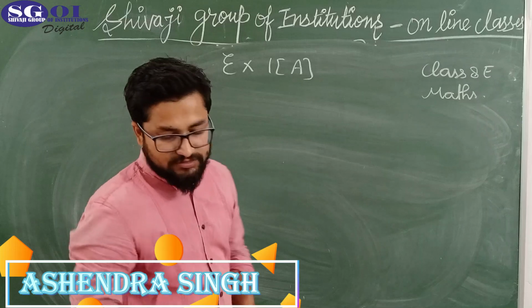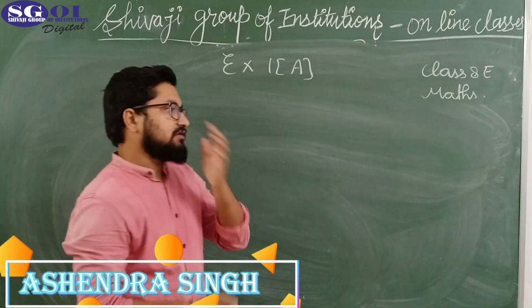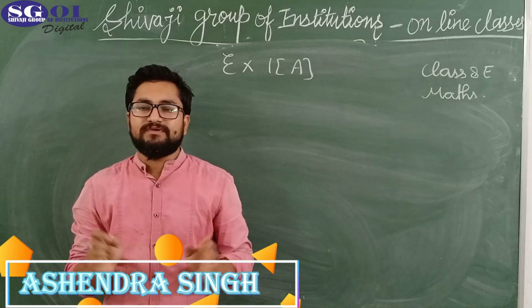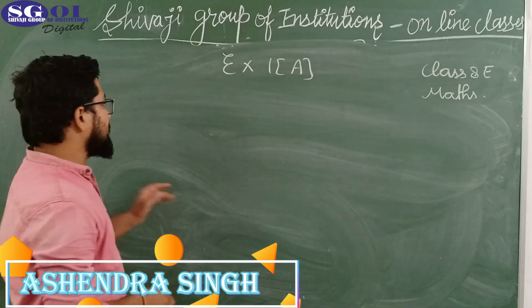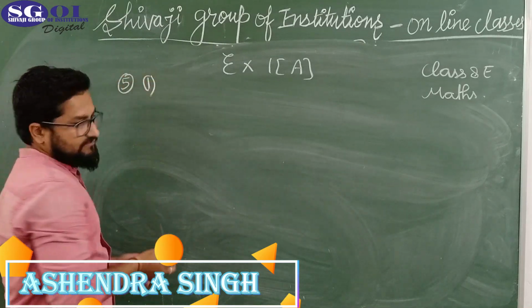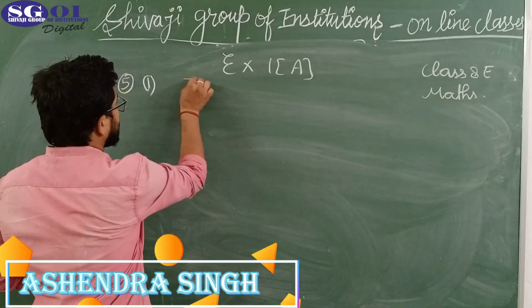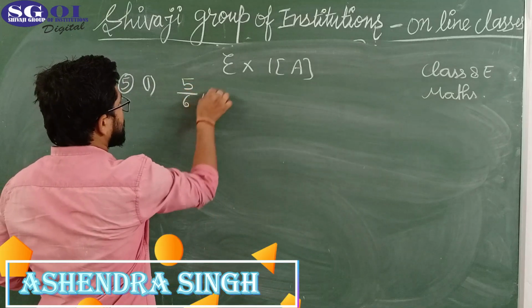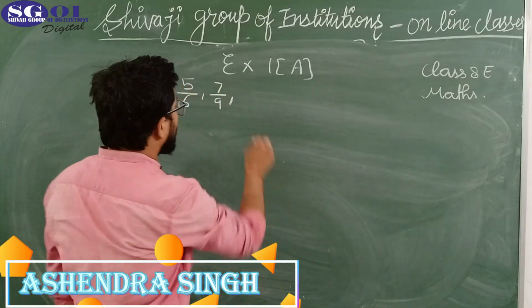In question number 5 also, they are saying that you have to arrange the given rational numbers in ascending order. For this also you will apply the same thing which I told you in the comparison of rational numbers. I will be solving one part for you. The first part says 5 upon 6, 7 upon 9, 11 upon 12